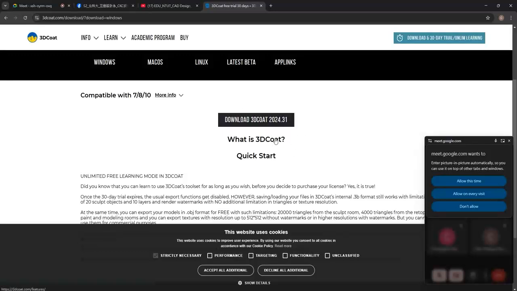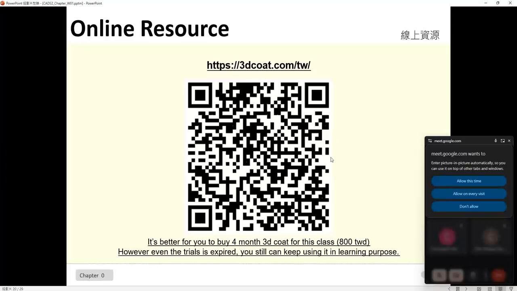For me, I'm using 3dcoat 2023, and you can download the latest one, pretty much the same. But the user interface will be a little bit different. It's okay, you can just download the latest one. Alright, let's keep moving forward. So please download this one, download the 3dcoat. You can just do the Google work. And I would suggest you please buy the 4 months trial so that you can go through the whole class